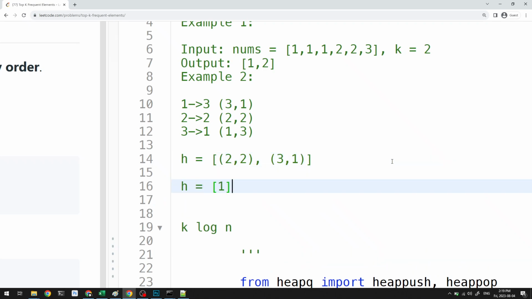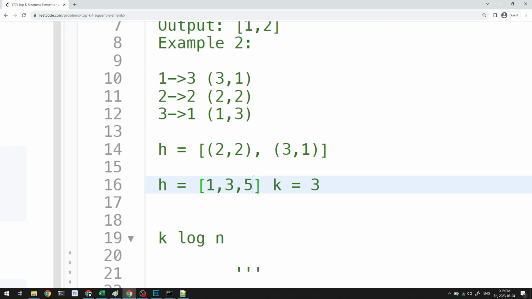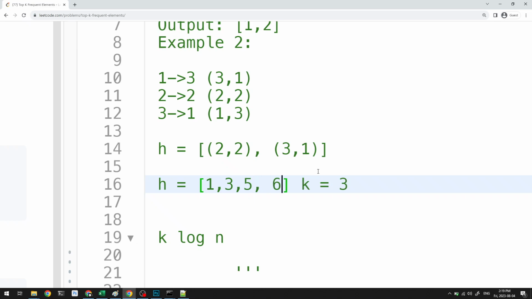Let's say k is equal to 3, and we add the following elements into the heap. And let's say we want to get the maximum values back, right? So in this case, if I go to add the value 6 here, it won't be allowed, because k is equal to 3, so I need to pop. So let me first pop. I'll pop the smaller element here,